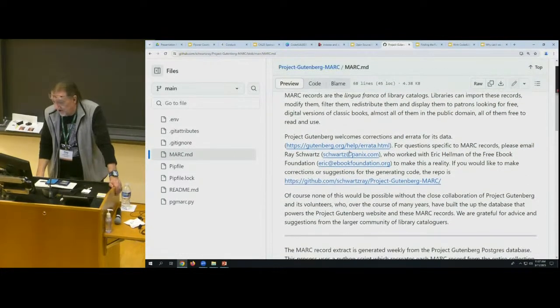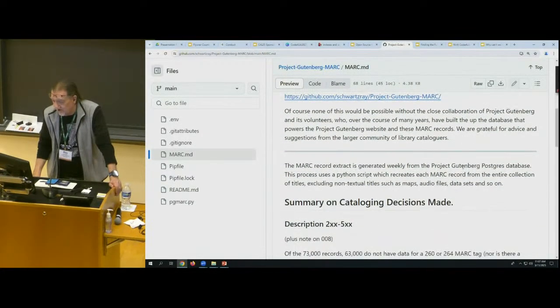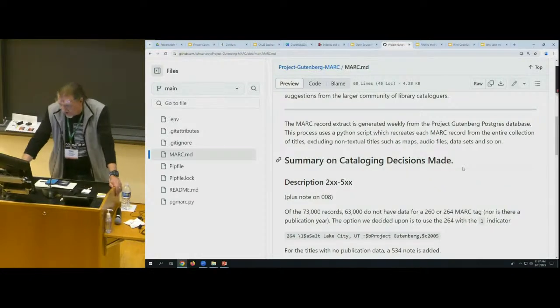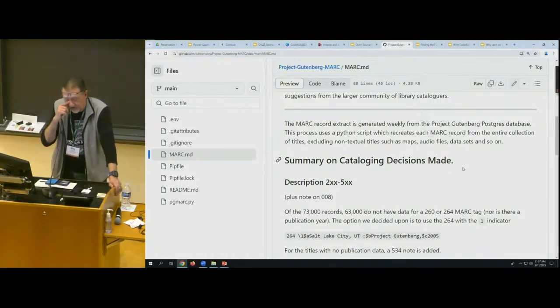And obviously, if you're looking at MARC records and if you have any questions, you can email me or Eric Hellman about that. But we'll talk about how this is done. It's generated weekly from a Python script. So essentially, every MARC record is recreated at that point. We don't include the non-textual items. These are just strictly textual records. No audio file records, no data set, no video, no audio books. There are very few of that collection, probably just over 1,000 out of